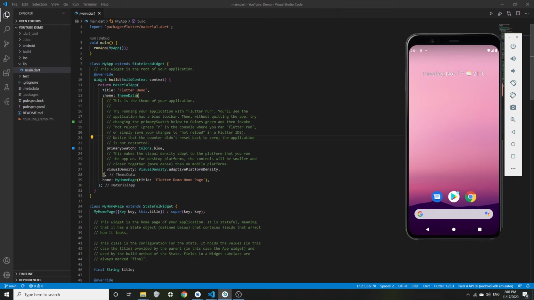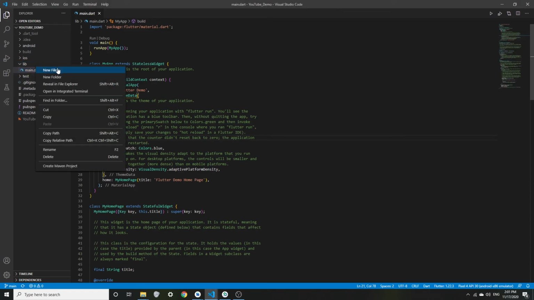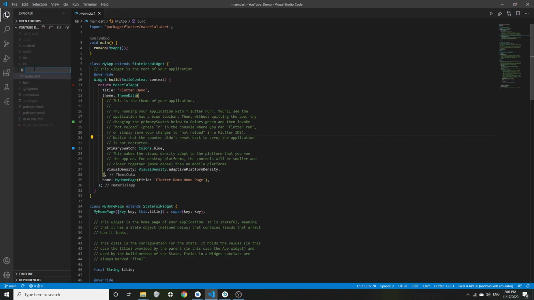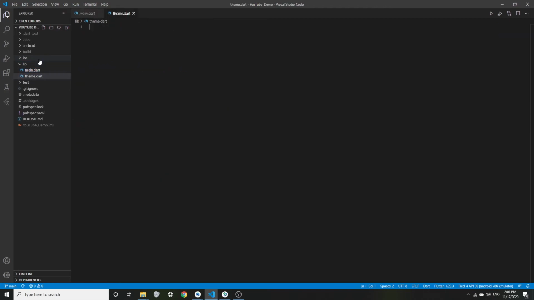So first thing that we're going to do is make a new file inside of our lib folder, and we're going to call it theme.dart. And we're just going to make a really simple theme,